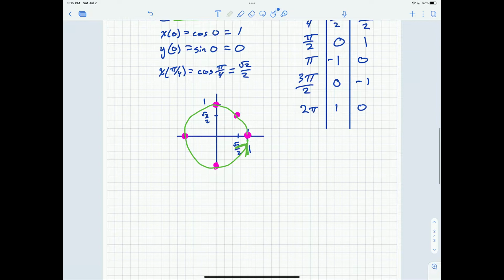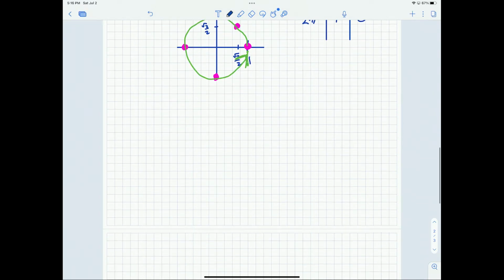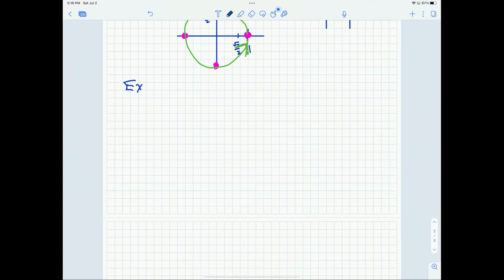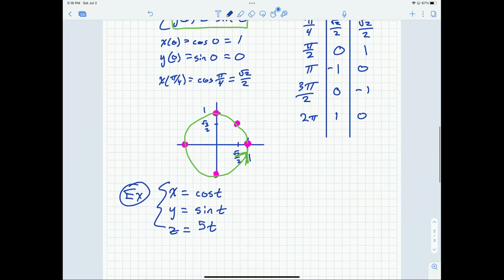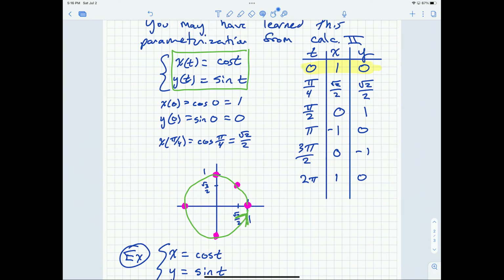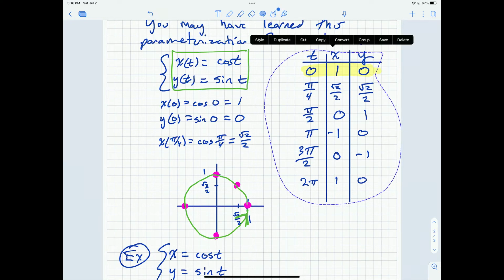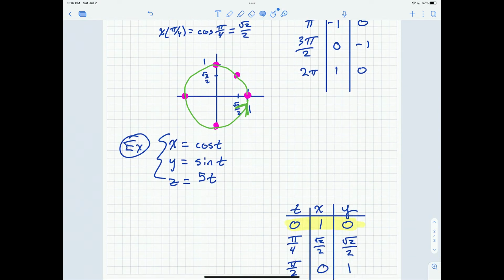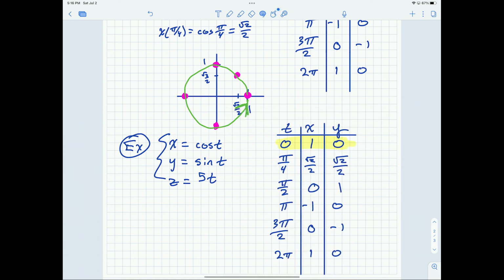If we extend this and we look at some more complicated problems, maybe with 3 variables now, we could have a set of equations like this, where we say x is going to be cosine t, y is going to be sine t, and then z, let's just make z like 5t, something like that. Of course, you can go through and make a table of values the exact same way that we made a table of values for the previous one, but